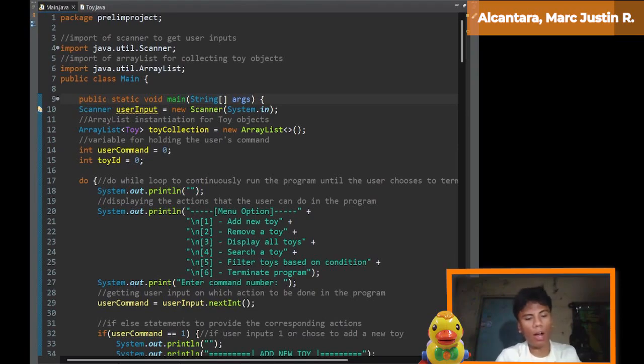Then we examined the toy class, detailing its attributes, constructor, getter methods, and the method used to display a toy's details. And lastly, we walked through a complete sample run that illustrates the full functionality of the system, from adding and displaying toys to searching, filtering, and removing them, and then terminating the program.